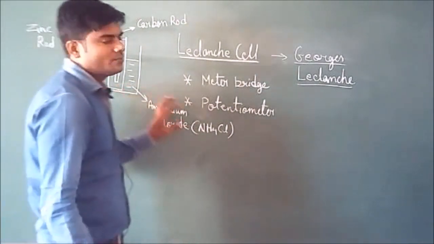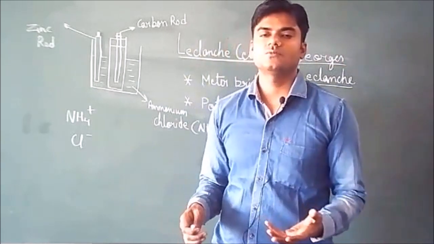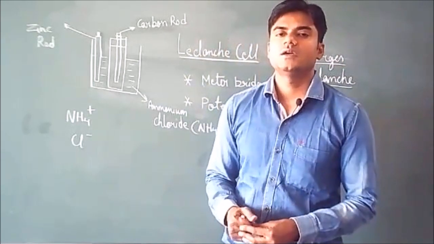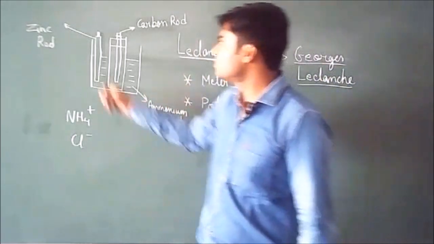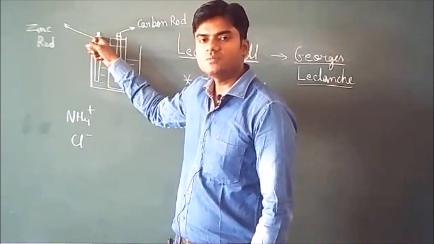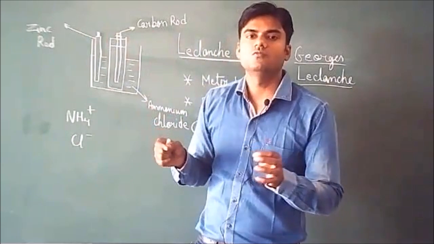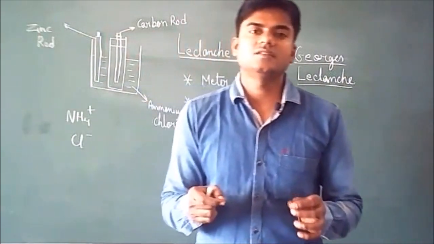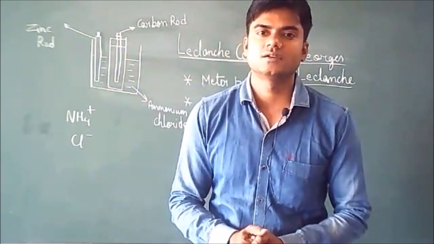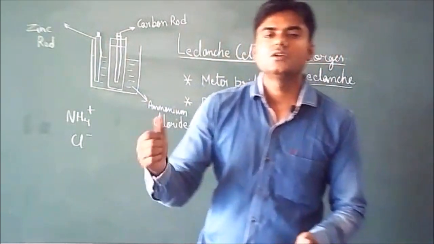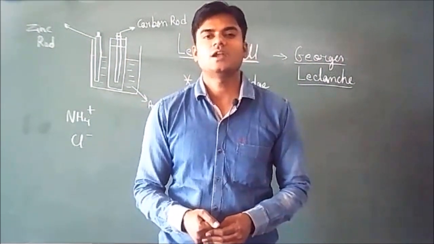So what will happen? Transfer of ions will be there. And what are ions? We have already talked about it. Ions are going to work as charge, and this charge will flow when the zinc rod works as the negative terminal and this is the positive terminal, when we connect it to a voltmeter. It will show some potential difference. This potential difference can be used to flow the charge and get a current. So let us see this thing.